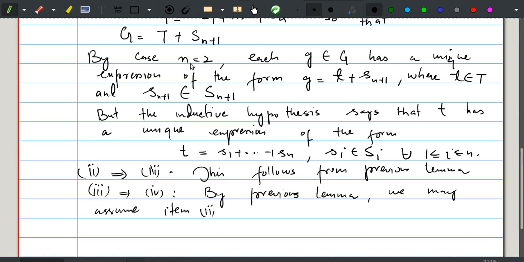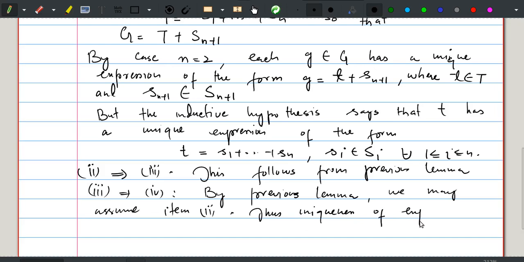So by the previous lemma, item second is true. Now uniqueness of expression, because item second is about the uniqueness of the expressions, says